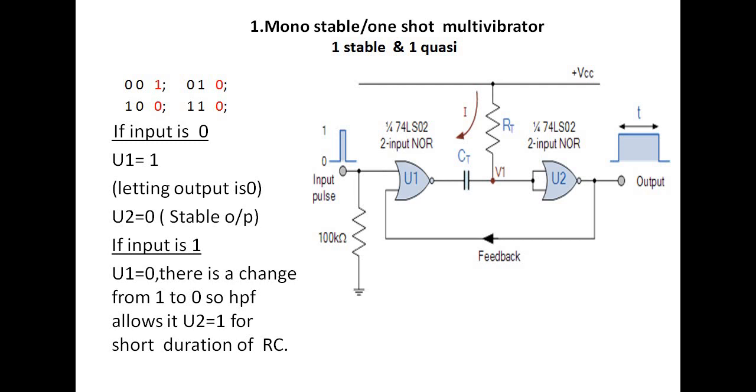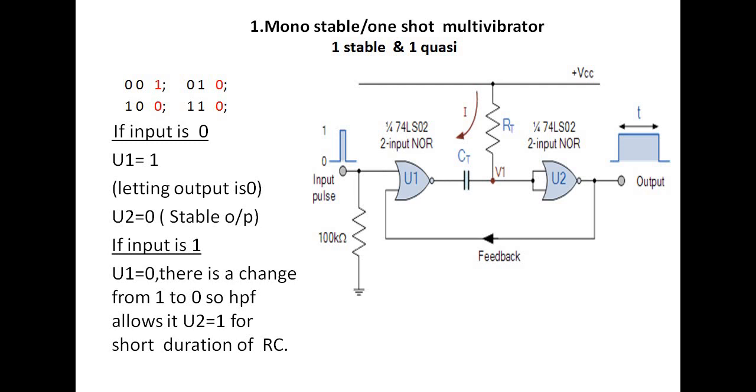So how much time the output of U1 is going to be 1 depends upon these R and C values. RC is nothing but a time constant. In this way, we can analyze a monostable multivibrator using NOR gates. The same analogy will be applicable for